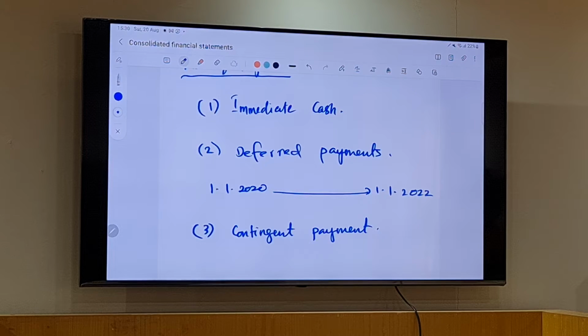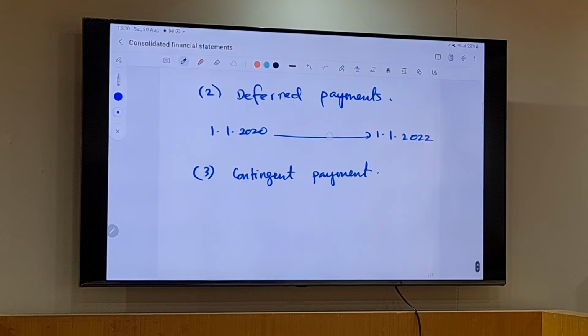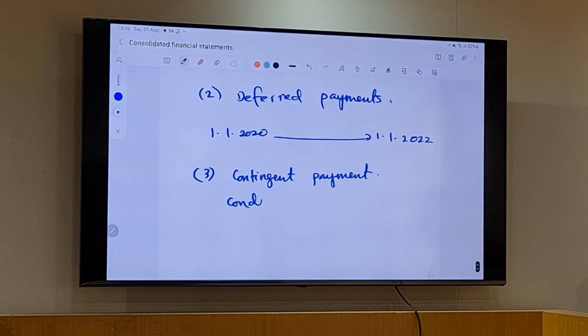They say that this year the company will generate 2 million profits, or this year 2 million, next year 2.1, in the third year 2.2, like that. And if this company reaches these profits, you should pay us something extra. So that is what we call contingent payment. We call it conditional payments. And number 4,